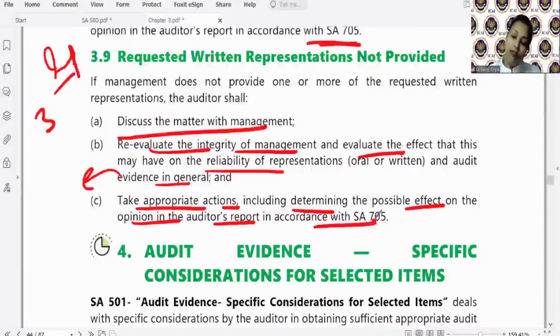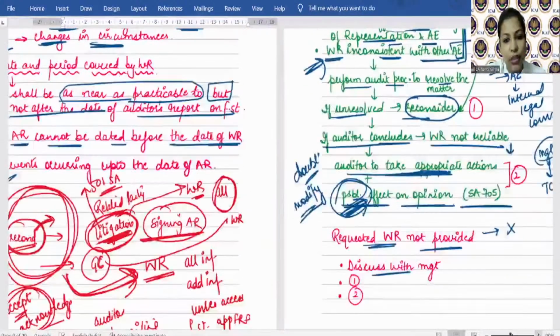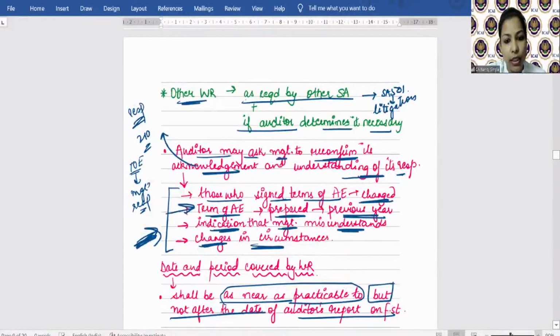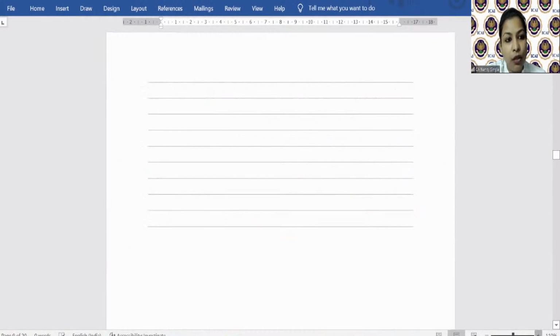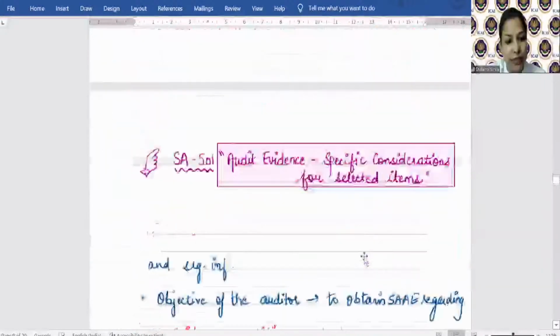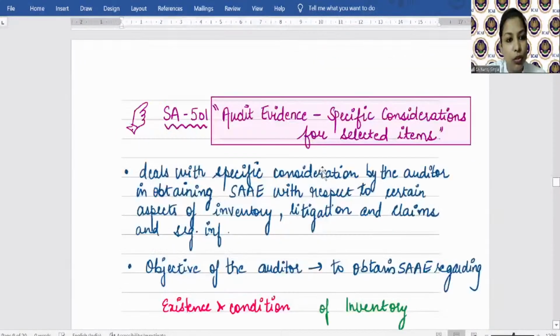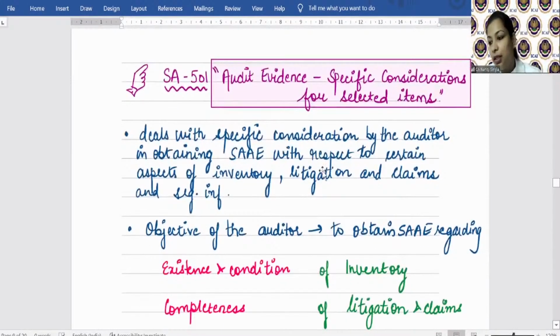Quickly बताओ written representation समझ आया and whether you found this topic interesting or not. And easy also. I tried to make it very easy and simple for you. Quickly send in your replies. I need to start with another audit standard on auditing. Though we will not be able to complete it, but as I've told you that this time we are having only 5 sessions. So I don't want to leave any topic as such. So I'll start with the next SA, but